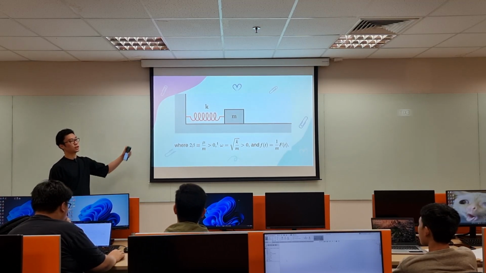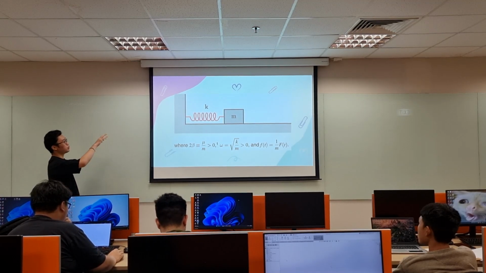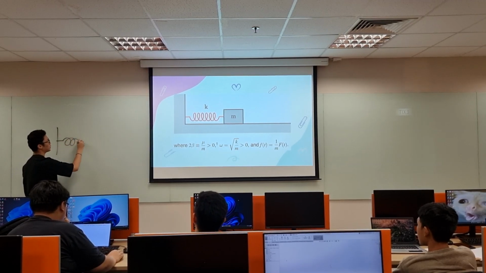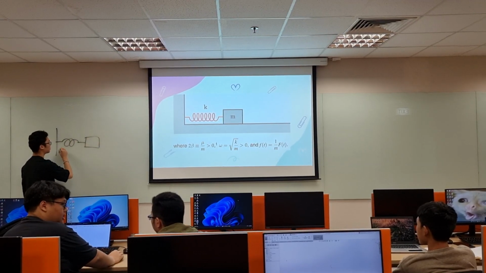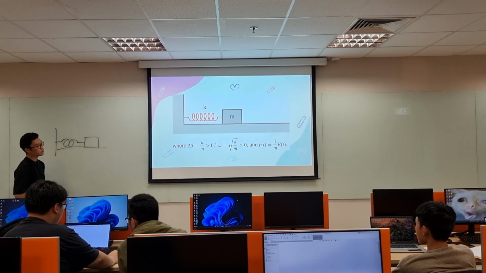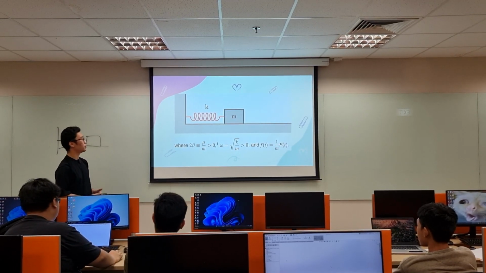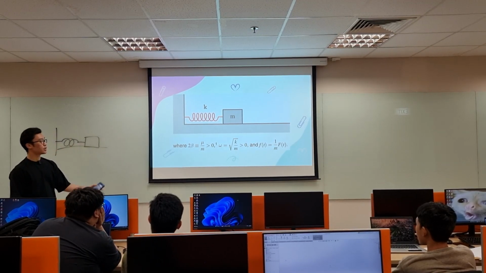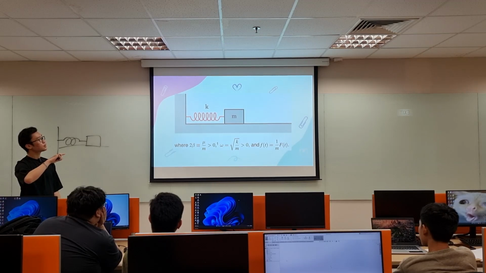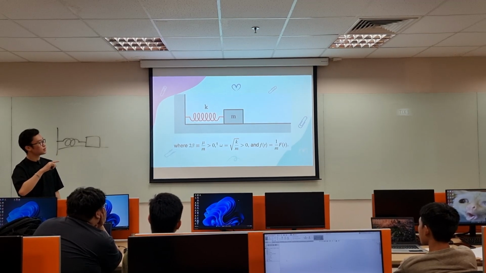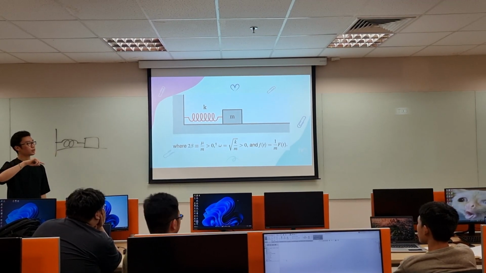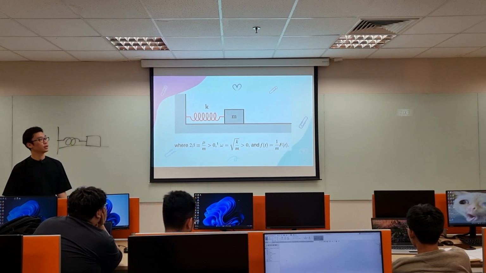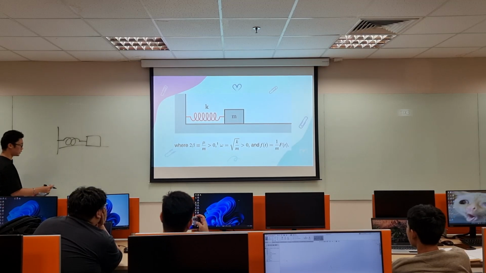So this is the picture we'll be using. There will be the spring here, then there will be the object here. Then it's given that beta is equal to mu over m, and omega is equal to the square root of k over m, and f(t) is equal to 1 over m times F(t). So here